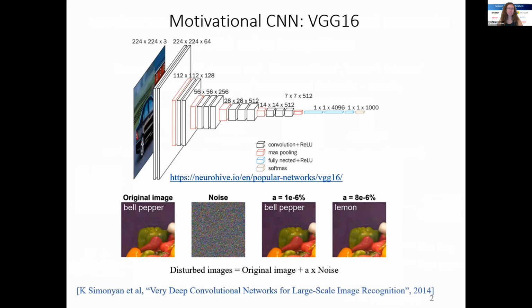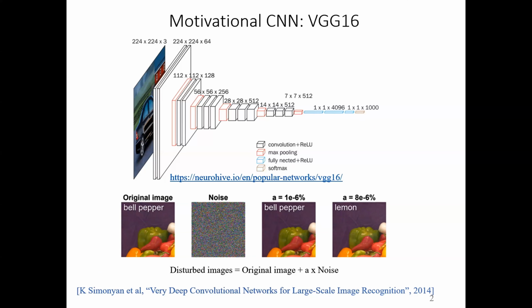The main motivation of our research is that well-trained and accurate convolutional neural networks are vulnerable to adversarial attacks, where slightly changing the input can lead to a huge change in the output result. This behavior is very dangerous when we want to apply convolutional neural networks in safety-critical applications like autonomous driving cars. Therefore, it is very important to have methods that can formally verify the robustness of convolutional neural networks